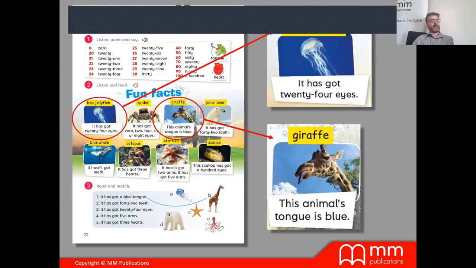Yes. And you can ask me questions, Kostas, with have got only. Okay. So I'm thinking of an animal. You can start asking me questions and the audience will guess which animal I have thought of. All right. Okay. You were just too good on the first one. Has it got 4 legs? No, it hasn't.